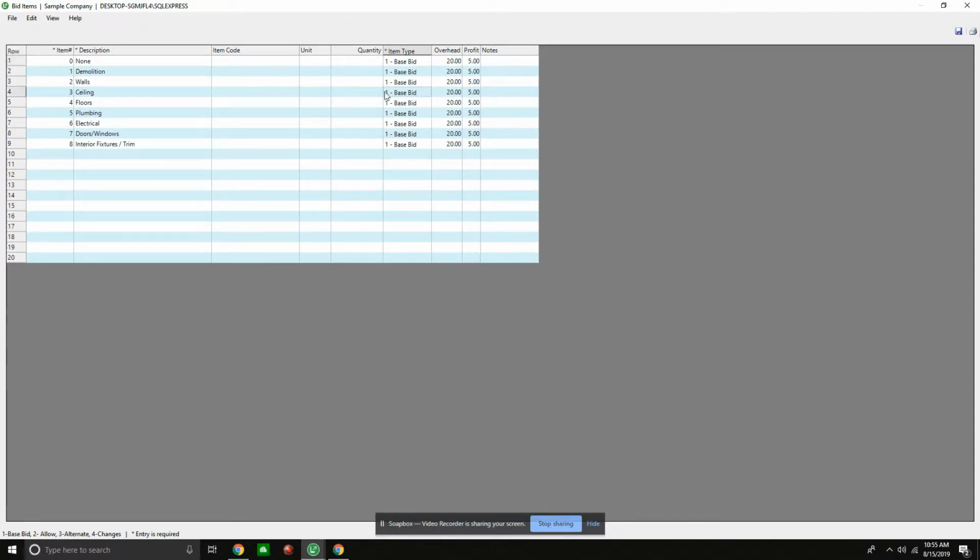If you're not sure within the solution, you can always look down here at the bottom left, and it tells me exactly what these are. It tells you what a bid item is. Base bid indicates a standard item on the proposal. An allowance is, say, for instance, that we need to provide an allowance for cost. The best example: say you're building a commercial project and they're not sure if they want to put carpet in there or not.